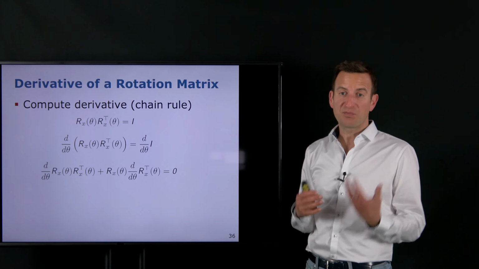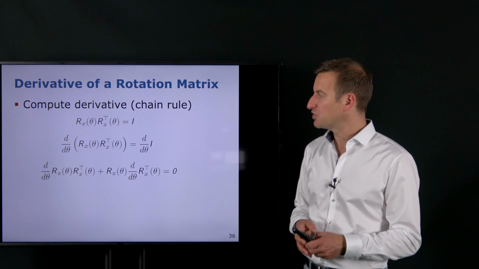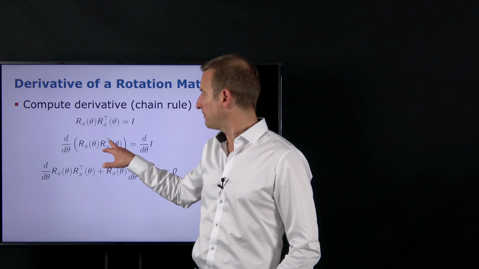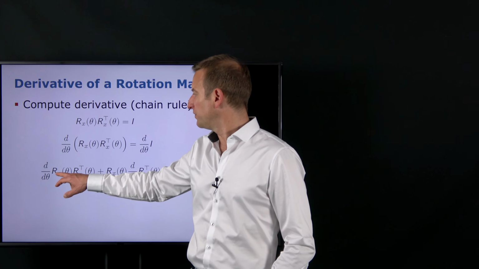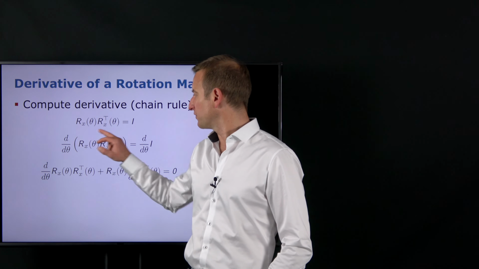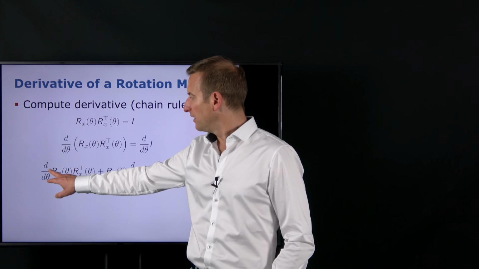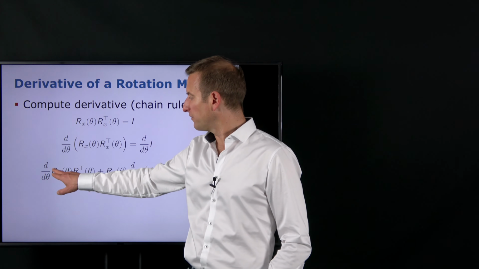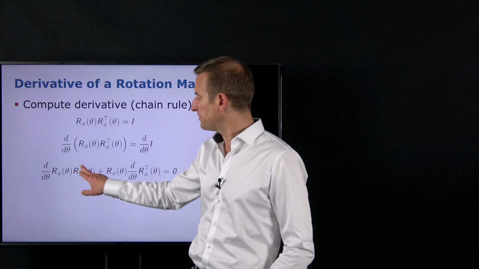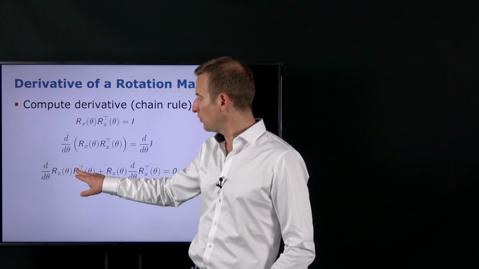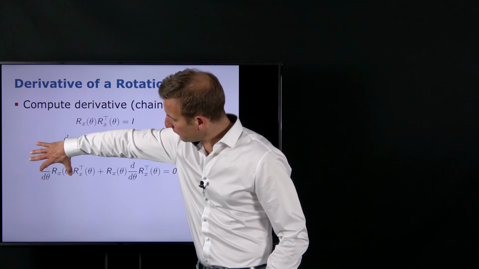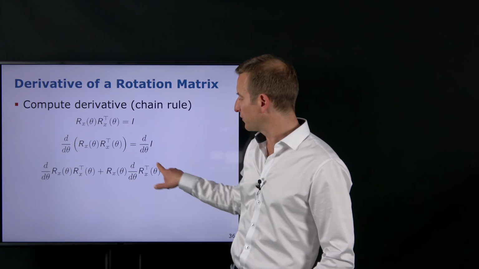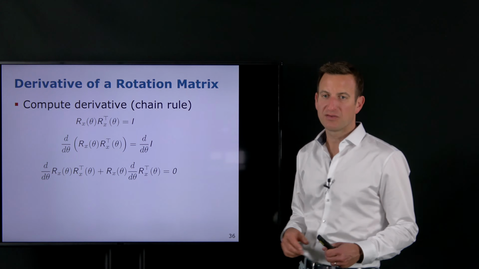And then I can simply expand this expression with the product rule. So computing the first derivative of the first element times the second element, plus the first element times the first derivative of the second element. So I have the first derivative with respect to theta of my rotation matrix Rx, and then I just multiply R transposed to it. So the first derivative only applies to this rotation matrix, and the same here. First I have the rotation matrix, and then the first derivative of the second part,